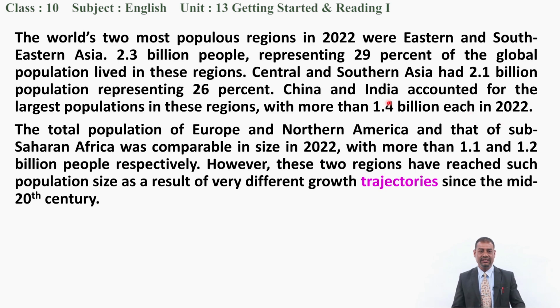Okay, we'll discuss. Let's continue this paragraph. The total population of Europe and Northern America and that of Sub-Saharan Africa was comparable in size in 2022, with more than 1.1 and 1.2 billion people respectively. However, these two regions have reached such population size as a result of very different growth trajectories since the mid-20th